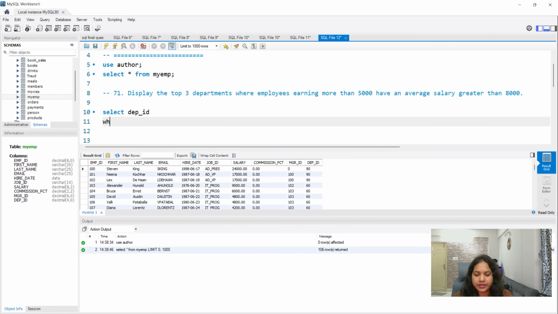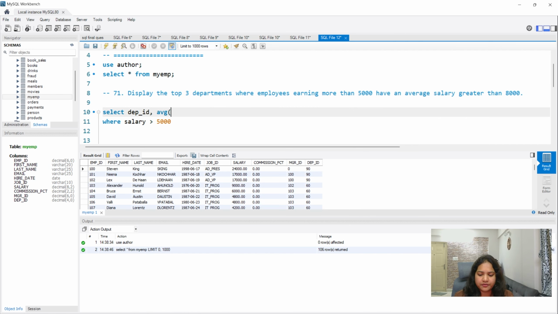So in the where condition, salary greater than 5,000, and have an average salary greater than 8,000. So average of salary, we'll rename this as average_salary, from MyEMP table wherever the salary is greater than 5,000. Now you have to group them by the department_id having average of salary greater than 8,000.